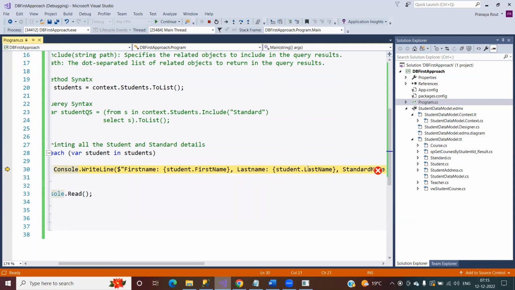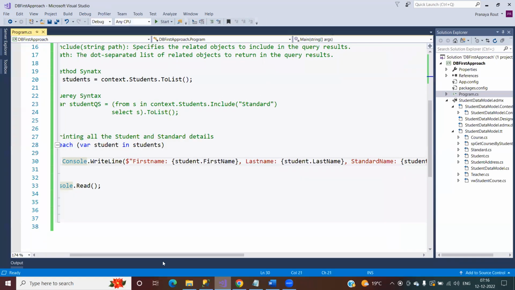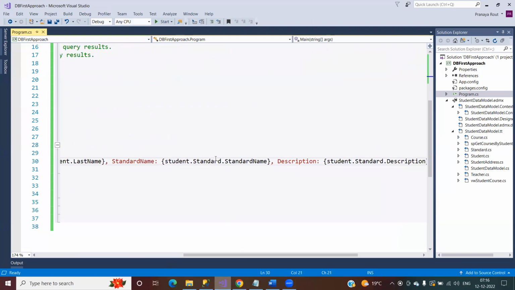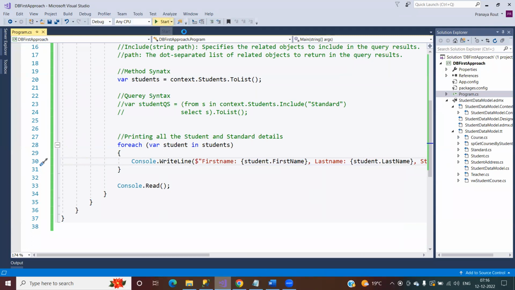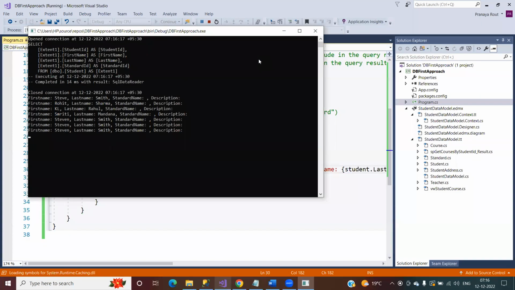Sometimes the standard might not have been added for a few of the records. So what I can do is make use of the null conditional operator. If the standard object is not null, then it will store the data. So you can see,